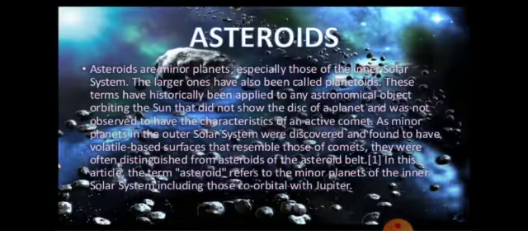Next is about the asteroids. Now we are going to know what asteroids are and where they are found. So let's know what asteroids are. You have seen that there is a wide space or gap between the orbits of the planets, mainly Mars and Jupiter. A large number of small objects, mainly made up of rocks, revolve around the sun in the wide space between the orbits of planets like Mars and Jupiter in the solar system.